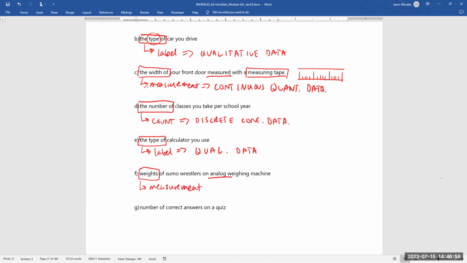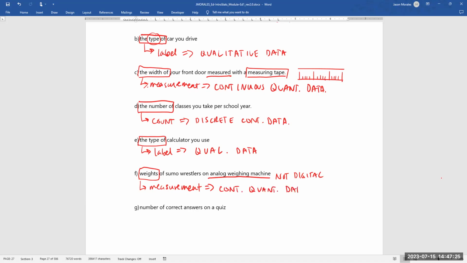And when it says an analog weighing machine, what we mean is it's not digital. I'm not sure exactly what that would look like for a sumo wrestler, something that's not digital. But this is then going to be continuous